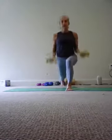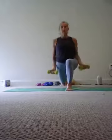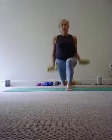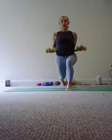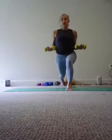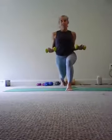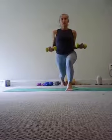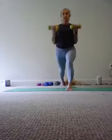8, 7, 6, 5, 4, 3, 2, 1. Tiny pulses in the middle. 8, 7, 6, 5, 4, 3, 2, hold. 4, 3, 2, 1, full range all the way up and down, up, down, up, 8,